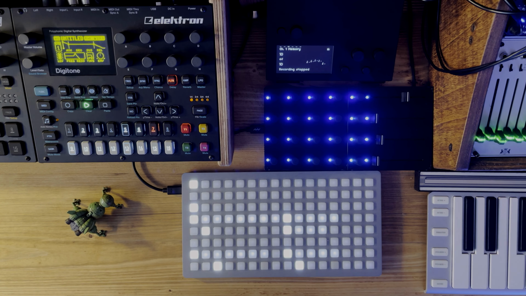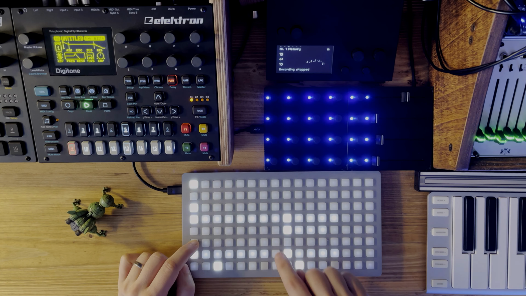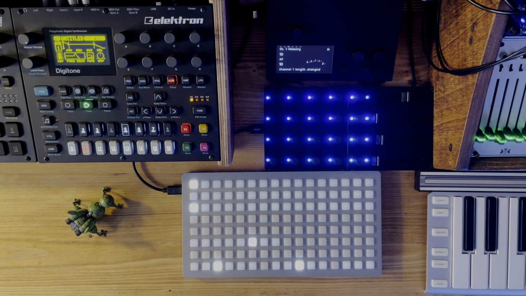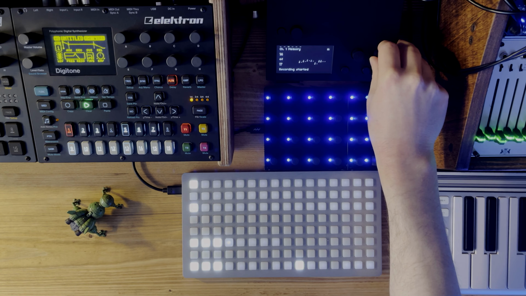Now, with live record, what I can also do is shorten my sequence, and then recording will only affect this part of the sequence. So I can undo.